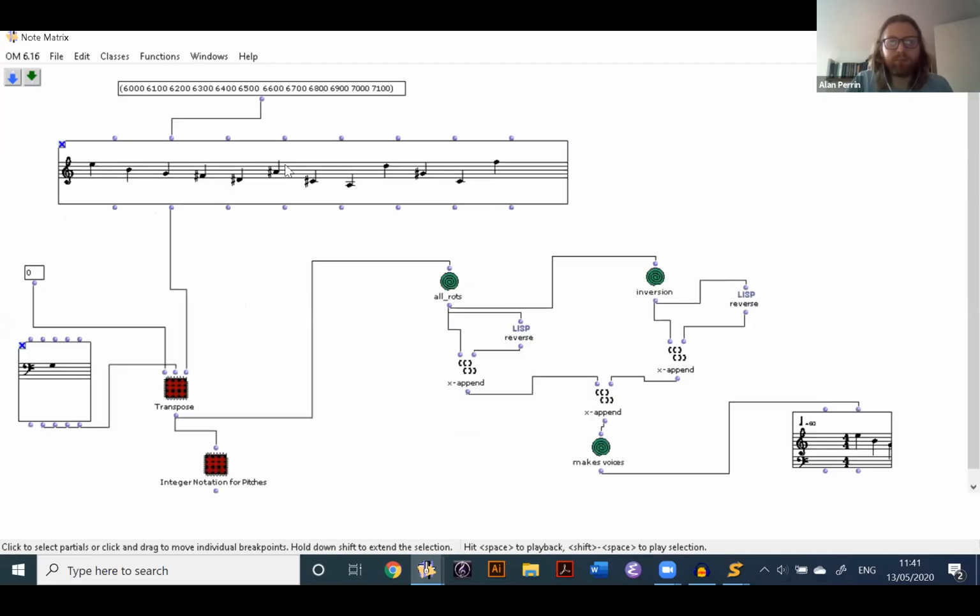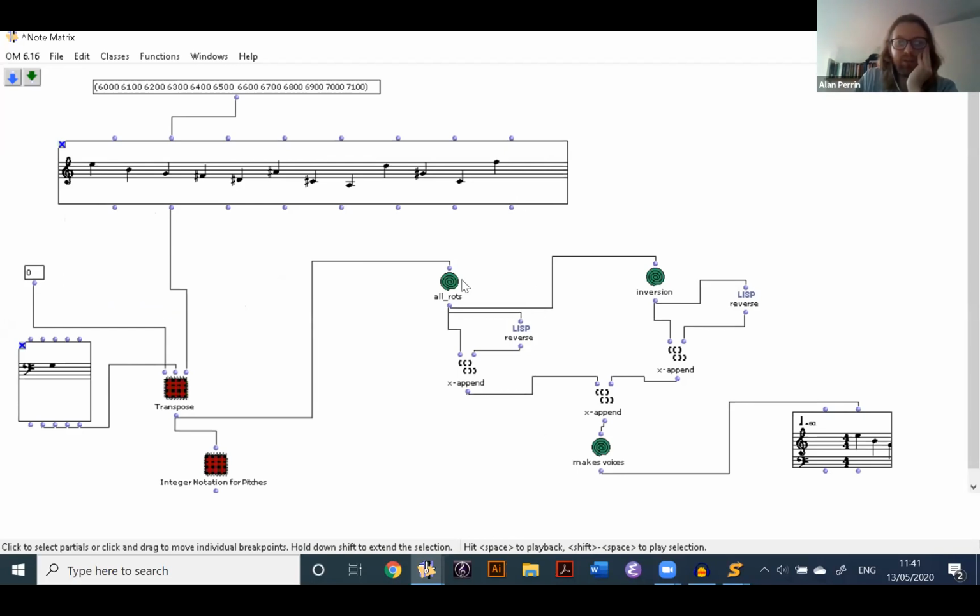One of the things I've got here is just a random sequence, a sort of 12-tone scale,